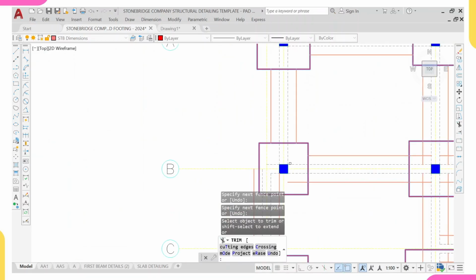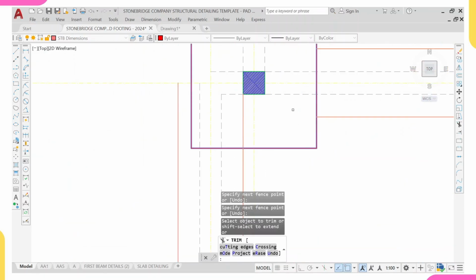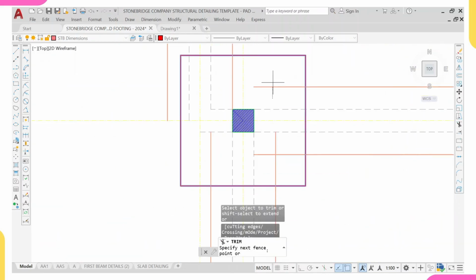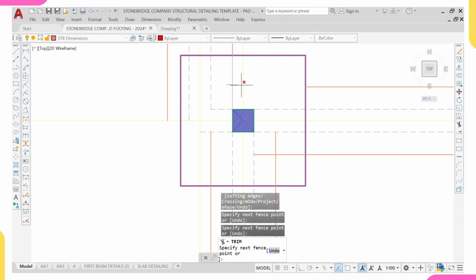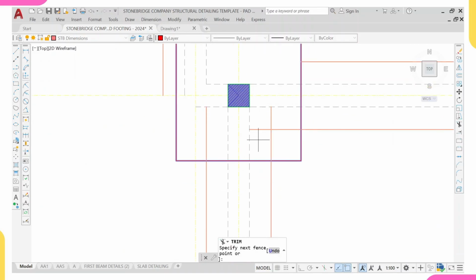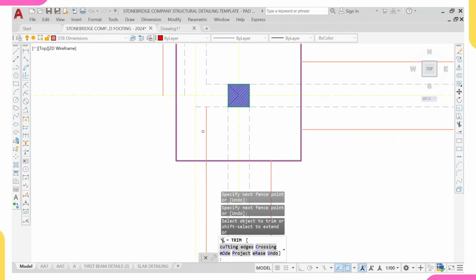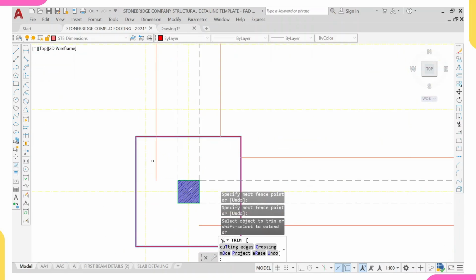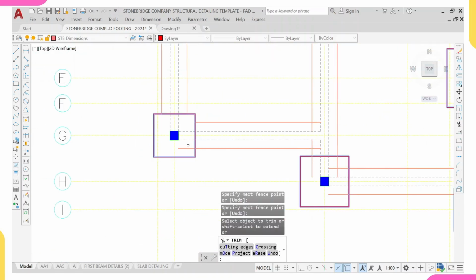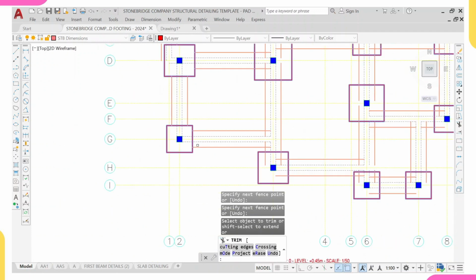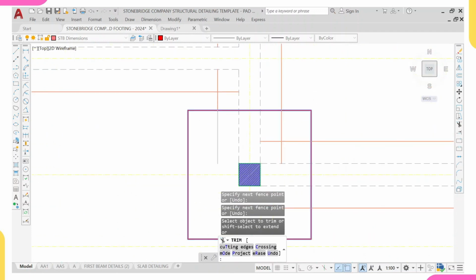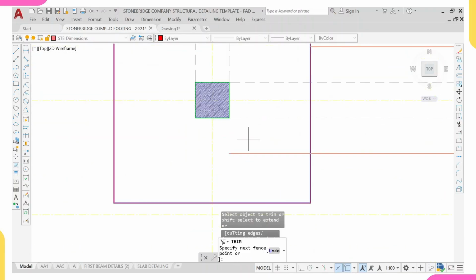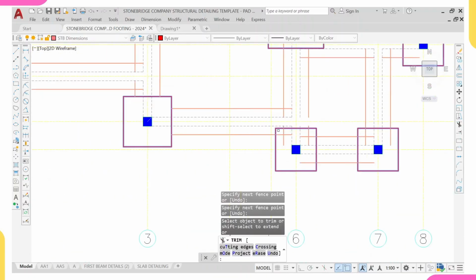Make sure you follow the plan given to us by this Stonebridge detailing template. If you do not follow it, once you print your drawing it will not be neat. It will not be clear. It will not be readable at sight. It will look as if it's not an engineer that did the work, more like architects, but it will not look like an engineer's work. So make sure you follow this Stonebridge detailing template if you want your work to be nice, beautiful, and also